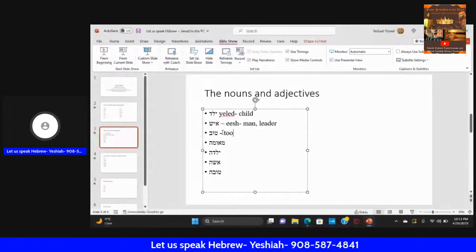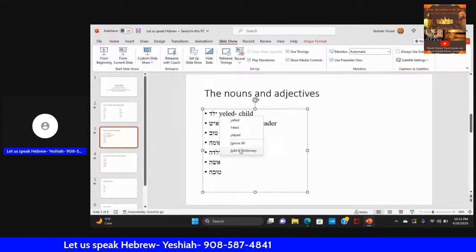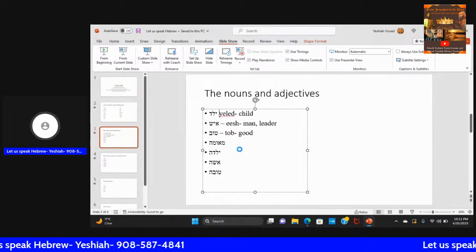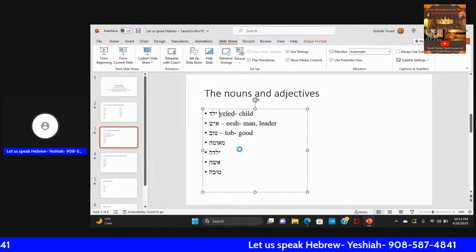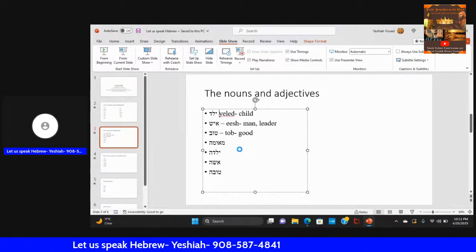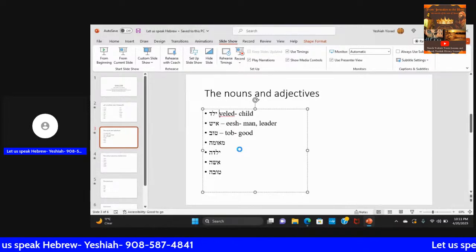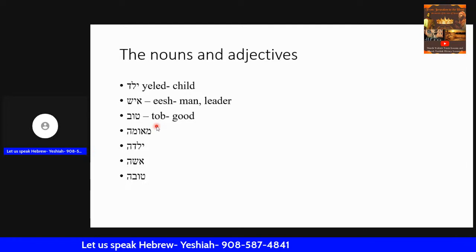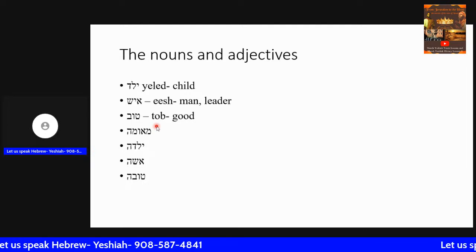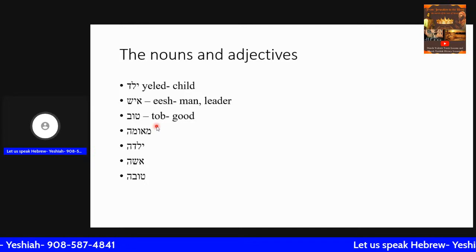So, brothers, all right, want to add that to the dictionary. And we can go back here to the current slide, if we will. Right now, with the laser pointer, you have Yeled, child, Ish, man, and tob, meaning good. All right. So just want to point that out for edification purposes. Just want to point that out, brothers and sisters, for edification purposes.